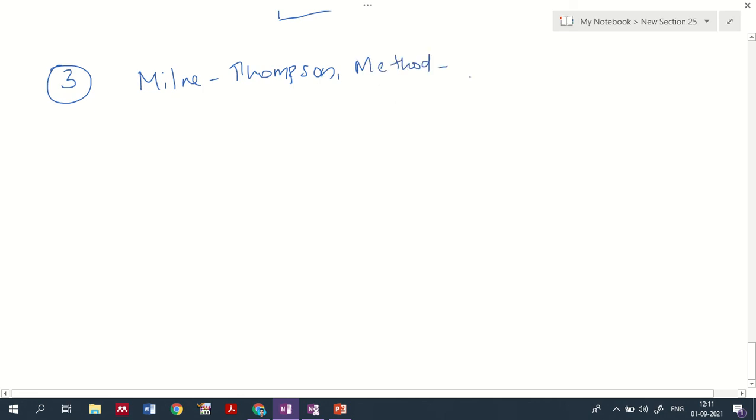Okay, so the Milne-Thomson method, what is it utilized for? It is utilized for constructing any analytic function. Okay, so we use it for the construction of some analytic function. In that, there are three cases here also. The first case is that